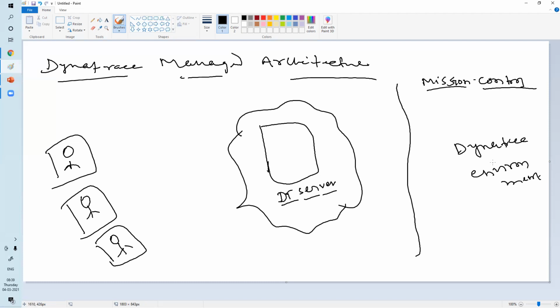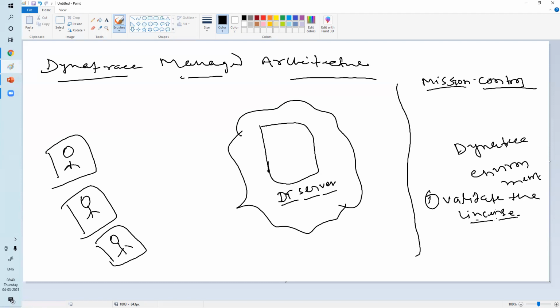What is their task? On mobile also you are seeing app upgrade, OS upgrade, Android app upgrade, anything available for upgrade, you get a notification, right? If you want to upgrade, you can upgrade. If you have enabled automatic upgrade, then it will update automatically from the backend, over mobile data or Wi-Fi. The same way, Mission Control's first task is to validate the license status. Every minute they will check your license.